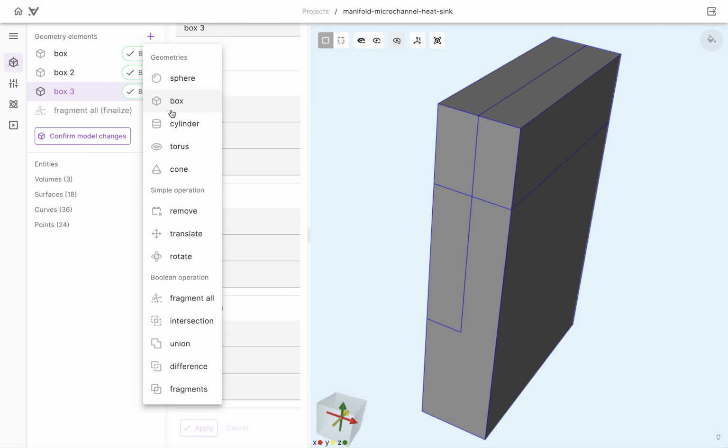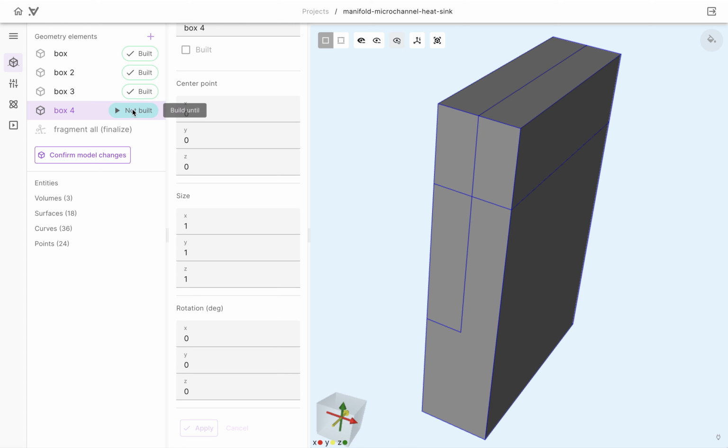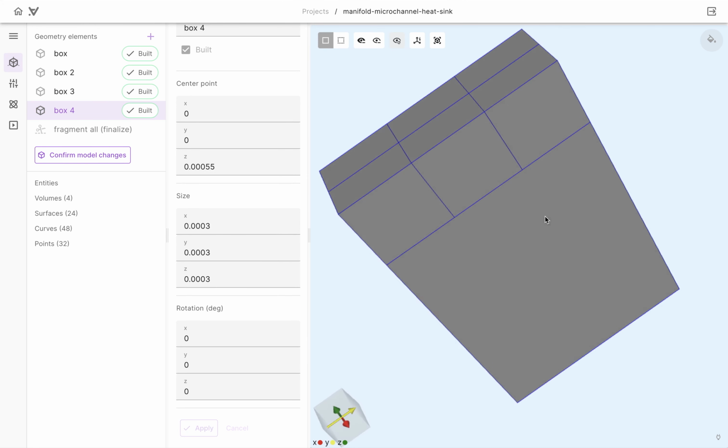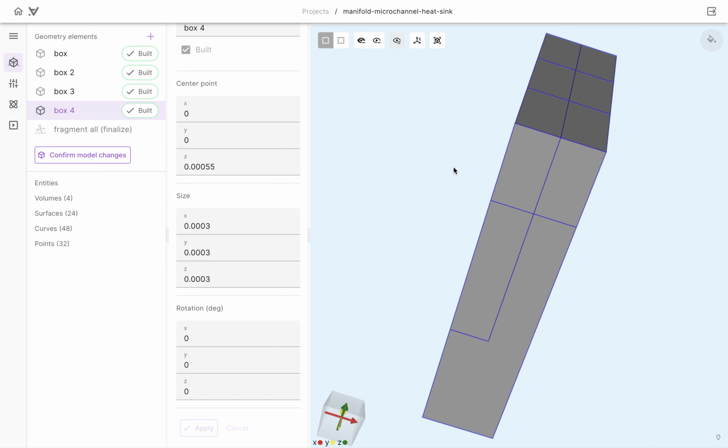I need one final box. Yeah, so now I have all the boxes which I need, and with these boxes I can start